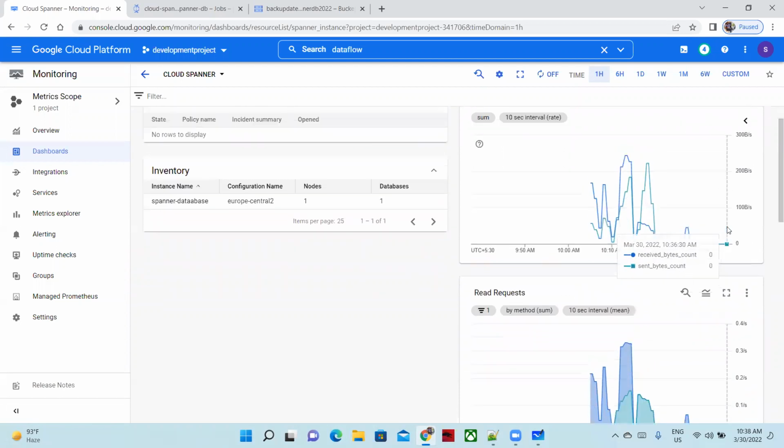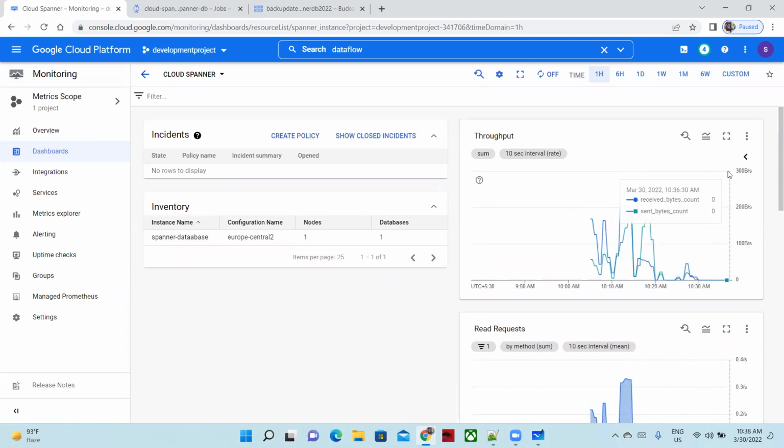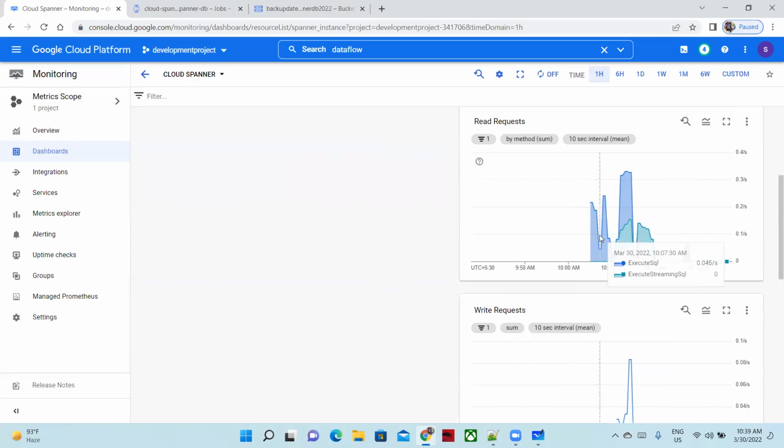If the same graph touches a very high spike, like almost 1 megabyte or 1 terabyte in future, of course we don't have that kind of huge data, but in real time you might see spikes here. So whoever is the cloud engineer monitoring these resources and services from GCP, if any spike happens here, then he has to notify the DL or email ID, meaning the cloud support engineering team. How we can set up alerting, we have one more lab for that, because this is very important. We have all kinds of labs for the alerting mechanism. But first try to understand in which scenario you have to enable monitoring and create an alert mechanism. So if you see here, read requests, how many requests are coming between